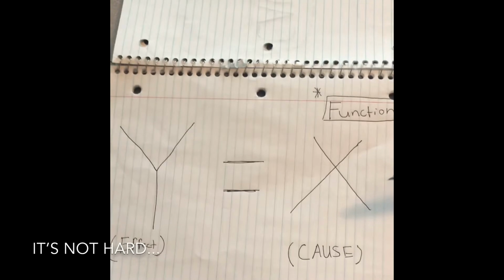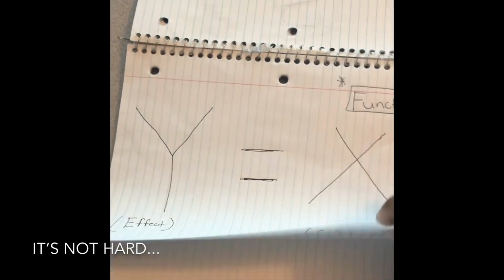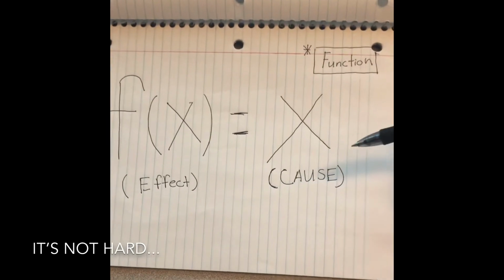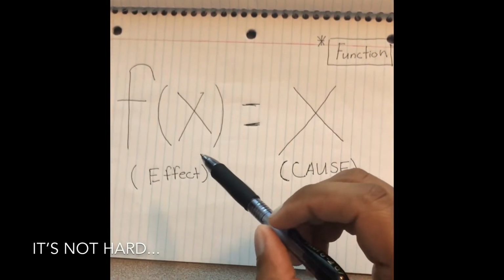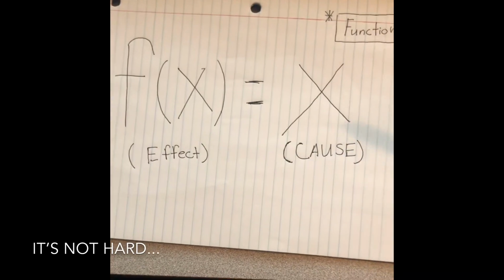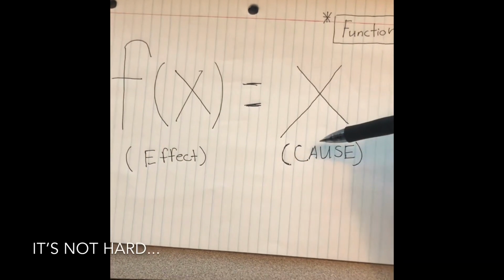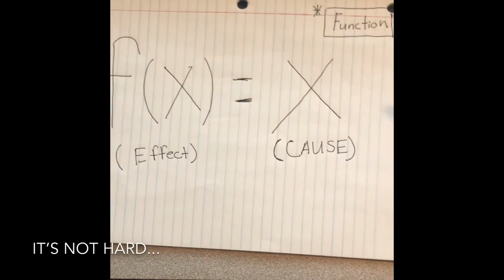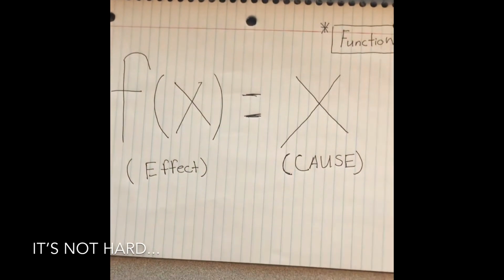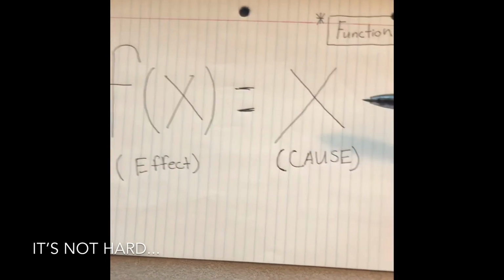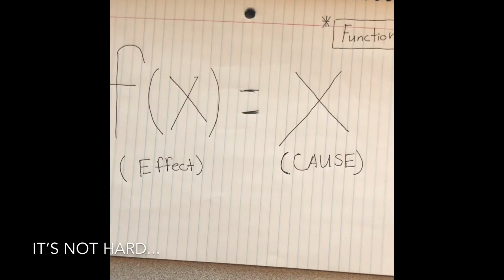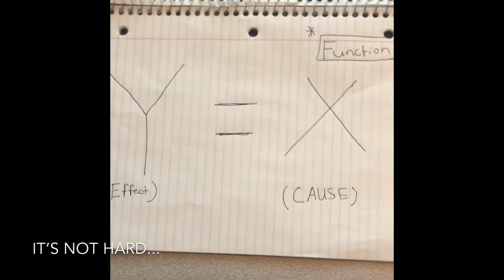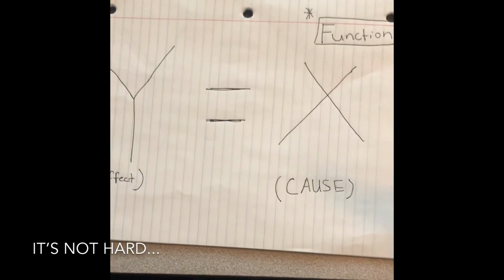So we can write this equation like this. Notice it's the same thing. We just replace the f of x with y. Remember, they are equal. Same thing, you have your cause equals your effect. Usually in math, it'll be written like this, but it shows the same relationship in the universe of cause and effect. I still prefer this way, but just in case you see that, you know what it is.